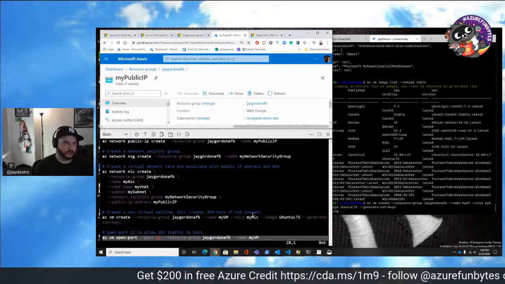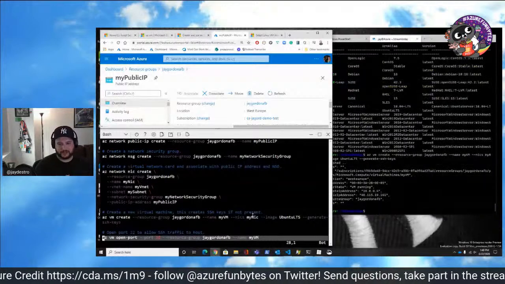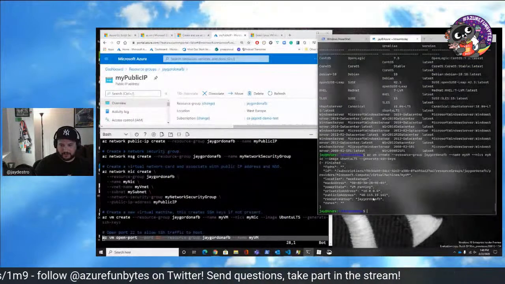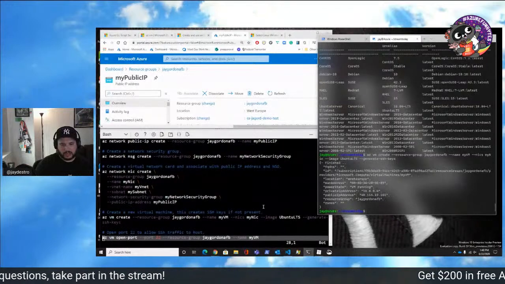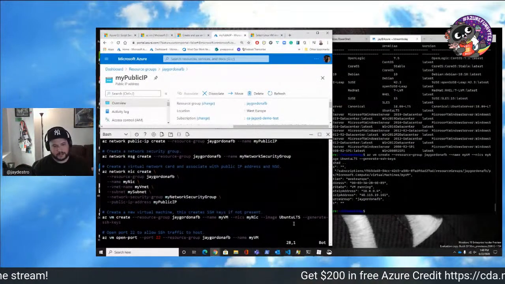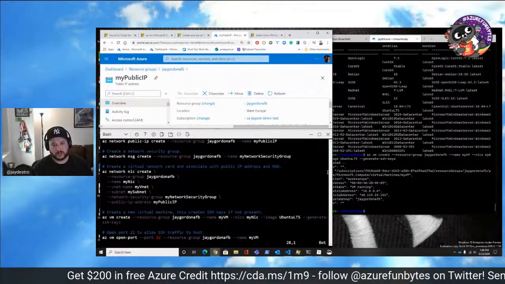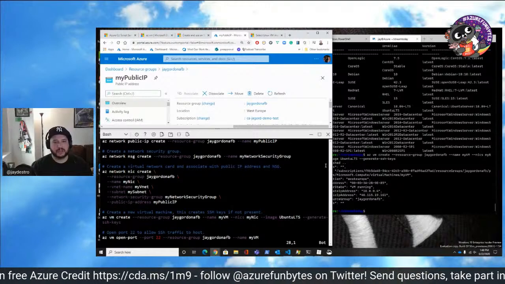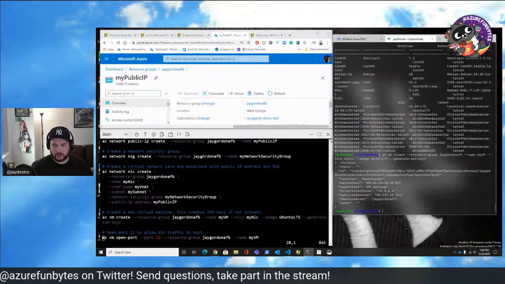But then what I'm going to do is show you how to lock it down a little bit more. And now we even have our public IP address. That's the IP that's associated with our server. What we're going to do is tighten it up so that only I can log into it, from my IP address at my home. That's what we're going to do. We're going to lock it down a little.